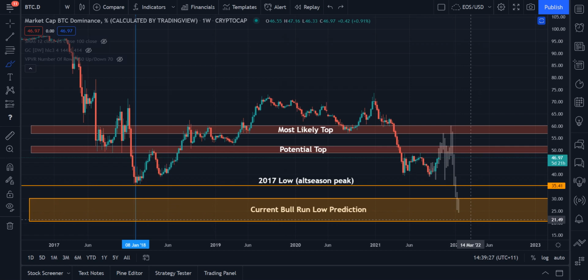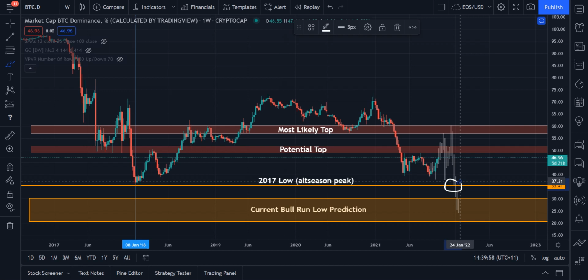So how would I be taking profits based off this chart? Well, one way you could do it is wait for a drop below 35% Bitcoin dominance, and then start selling your altcoins like 5% of your altcoin holdings per percent the Bitcoin dominance chart drops down. There's multiple different ways to do it, but the point is, once we get below this all-time low, you should be getting more and more cautious as we go lower, because that's the last real technical indicator we have of support. So from that point downwards, it's kind of just price discovery to the downside.